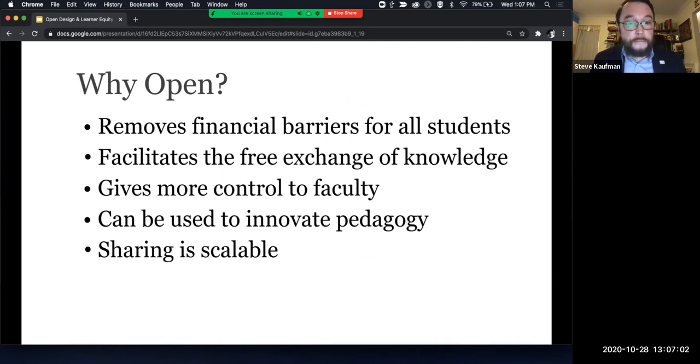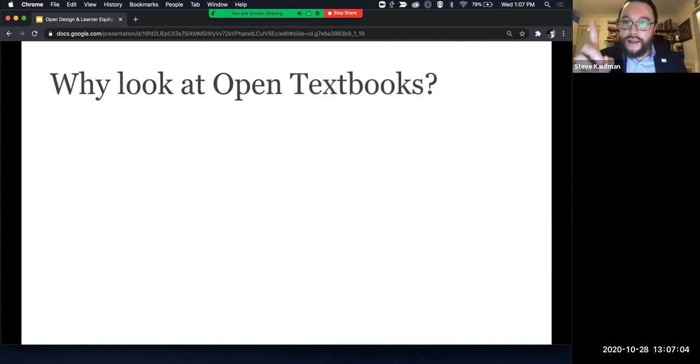Using something that's open. But specifically, I also want to point out something that you can use in your arsenal, and that's the concept of not just OER, but open textbooks specifically. In the chat, why do you think an open textbook might make more sense to a faculty member than just a random artifact of OER? I'm curious. Shout them out. A lot of good comments in the chat right now.